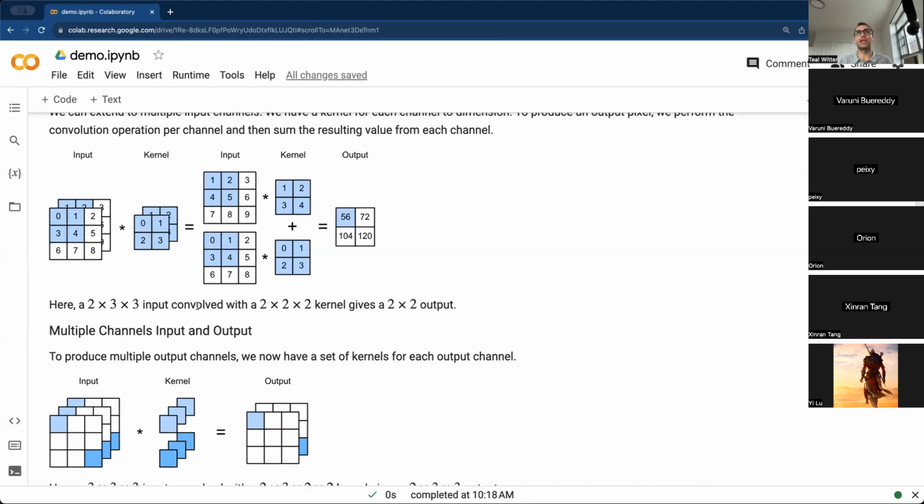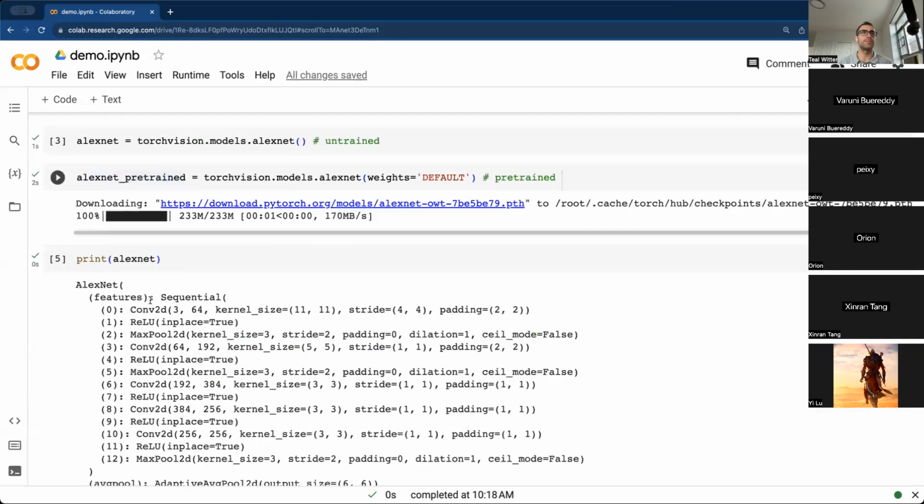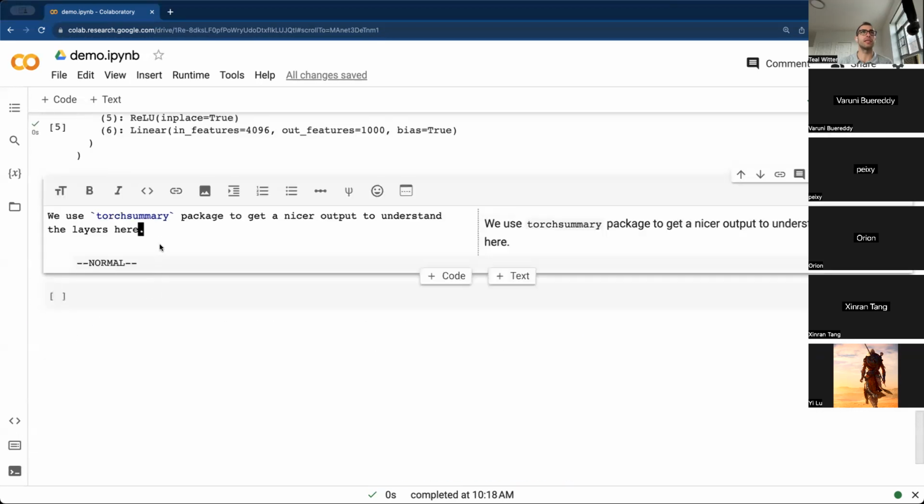That is to say that the size of each one of these inputs and outputs from each layer depends on the size of the input to your neural network, which is a kind of strange concept and is specific to convolutional layers, because the things that we're training here are the weights in the kernels, not weights that depend on the actual dimension of the input. Okay, so that's all to say that we need to